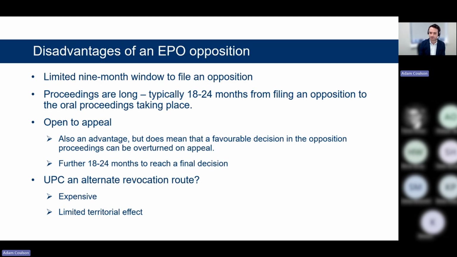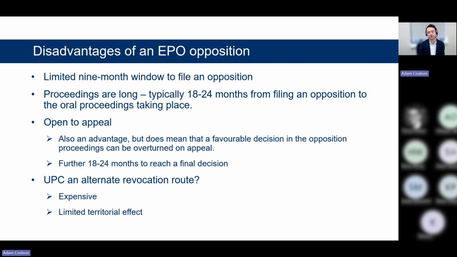For European patents which have not been opted out of the Unified Patent Court, or UPC, the UPC provides an alternative revocation route. This could be a favourable alternative, especially if the 9-month window for filing an opposition has already closed. This is because the UPC revocation action may be brought any time after the grant of a European patent. UPC revocation actions typically have a much shorter time frame than an EPO opposition, and so a decision tends to be provided more quickly. However, UPC revocation actions are likely to be far more expensive than EPO oppositions.